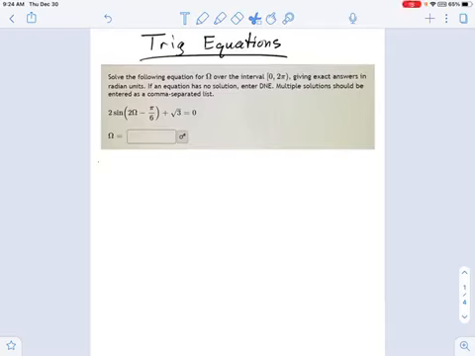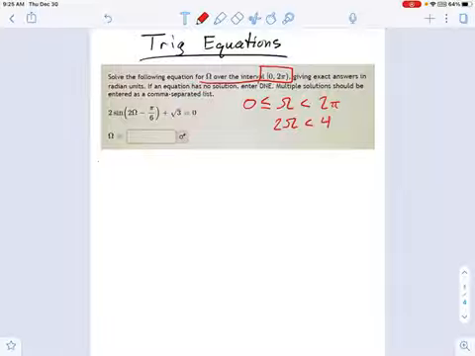So here we have another multi-angle trig equation, and I'm asked to solve for omega over the interval 0 to 2 pi. And remember, when it says 0 to 2 pi, it's talking about omega, not 2 omega, like we have here. So omega is going between 0 and 2 pi, but 2 omega goes over a larger interval, 0 to 4 pi, which means we're going to have more solutions from our unit circle than normal. We're going to be dealing with coterminal angles.